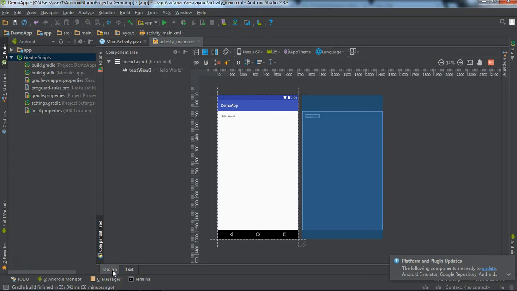And here if we go into design, this component tree shows a linear layout horizontal view, and inside that we have a text view in which the text is hello world. So if we have a linear layout, and in order to convert the linear layout into